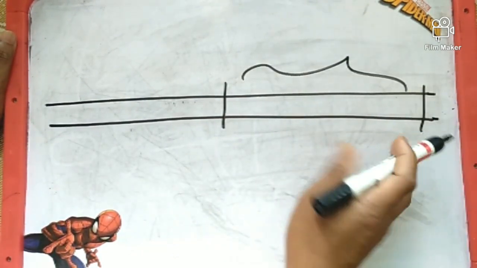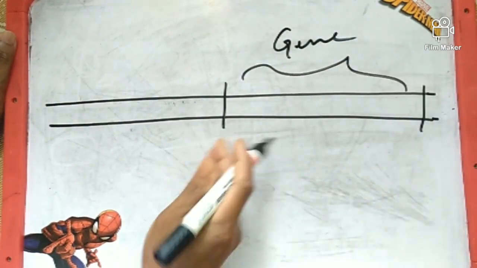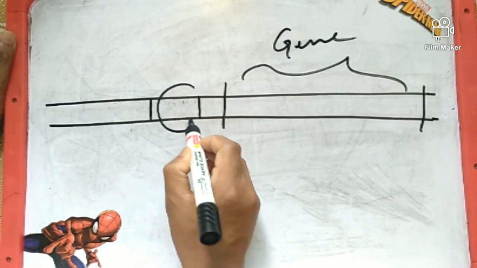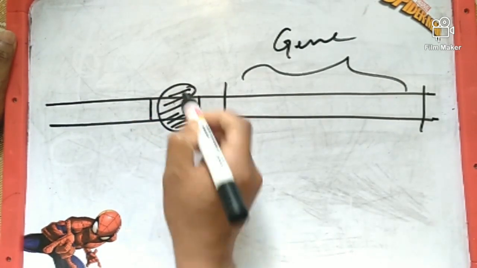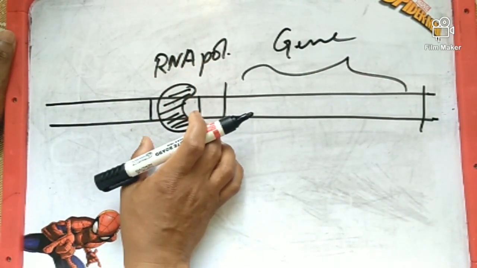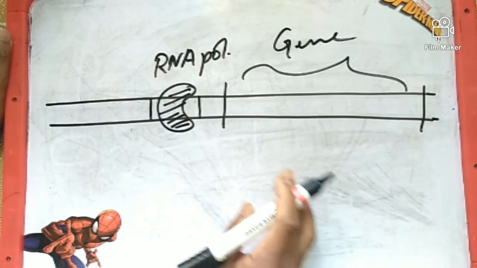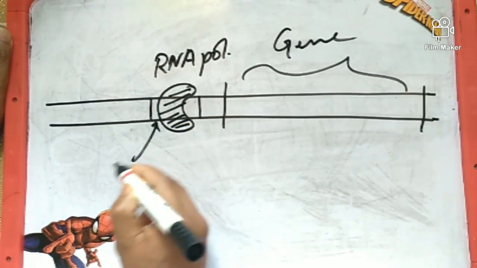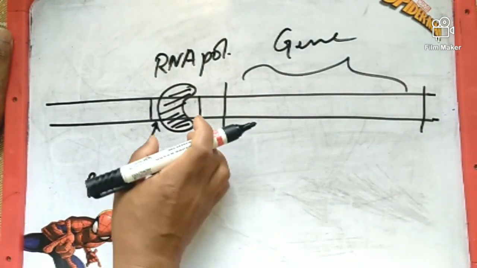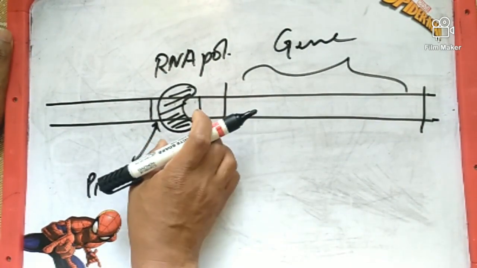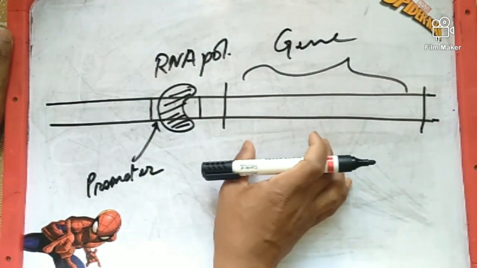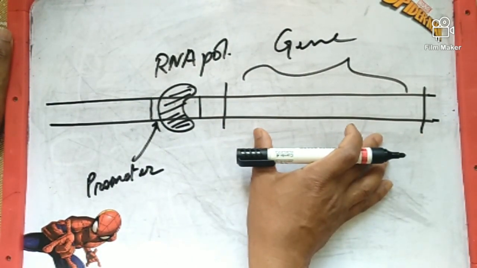Let's assume this part of DNA is a gene, and just before the gene there is a sequence which is identified by the enzyme RNA polymerase. RNA polymerase can bind with this portion of DNA, and this portion of DNA is known as the promoter, which is our topic today. After binding with the promoter, RNA polymerase moves into the gene and starts copying a DNA strand into